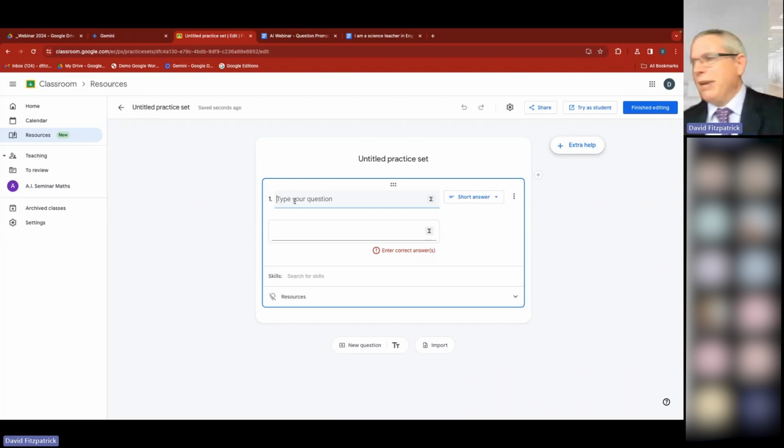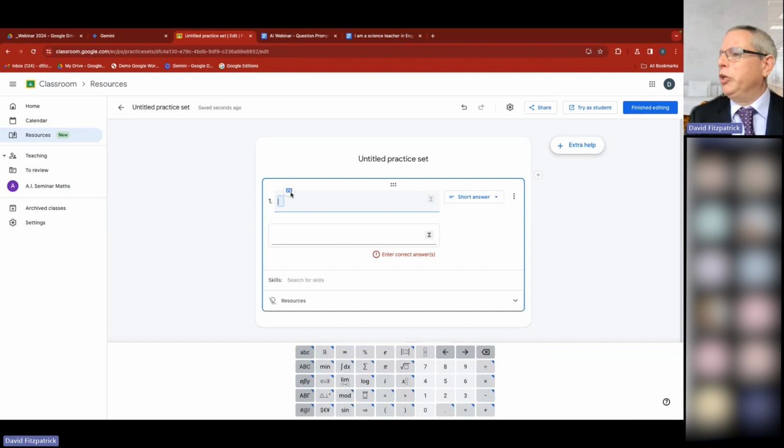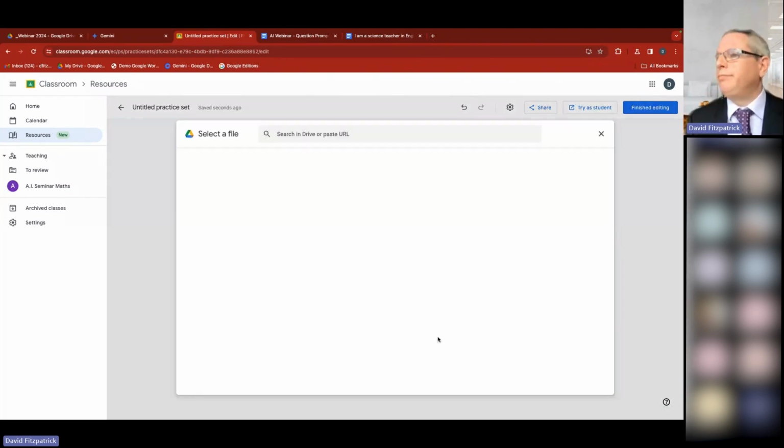We're going to do a maths theme here just because I used to teach a bit of maths, but obviously this works for a whole myriad of subjects. But for those of you who have got a maths background, there is a really powerful maths keyboard here that you can use to do your maths input for you and for students for that matter. But what I wanted to show you here, which I think is just astonishing, is if I click here on the import button,